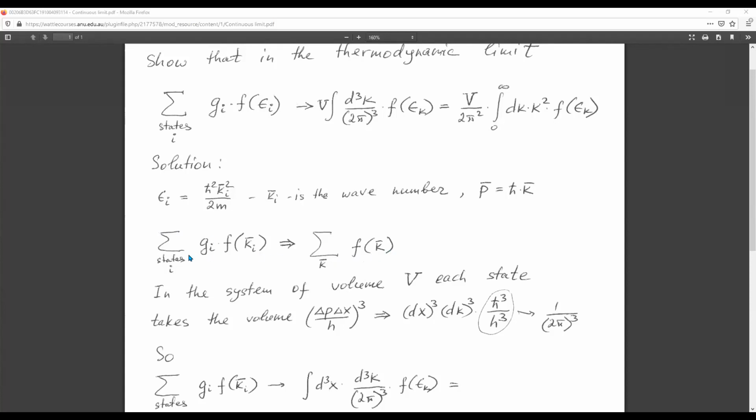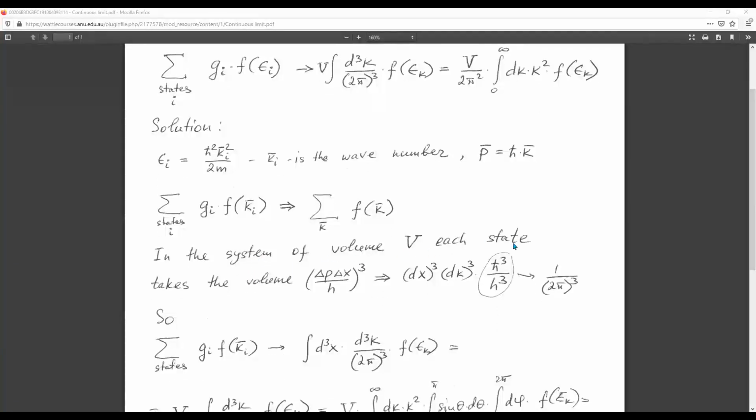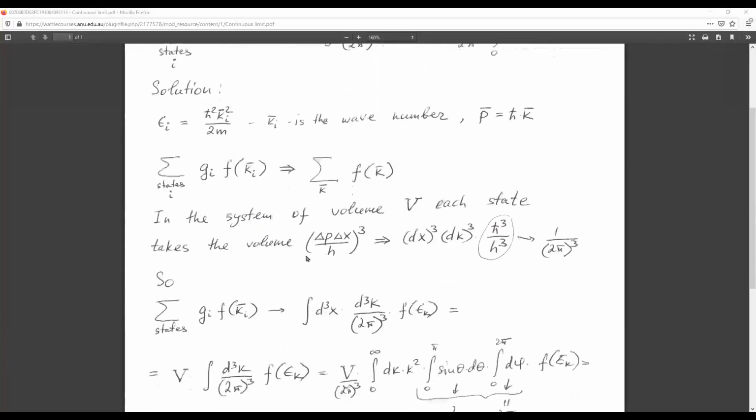So this is what we expect in the thermodynamic limit. If you have a system of volume V, then each state, we know from quantum mechanics, takes the volume delta x delta p over h. This is the elementary linear size it can take, and we take a cube of that. This is the elementary volume occupied by any quantum particle. So if we remember now this relation that p equals h-bar k, we can substitute in the thermodynamic limit